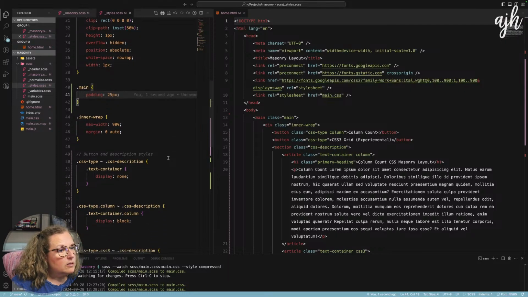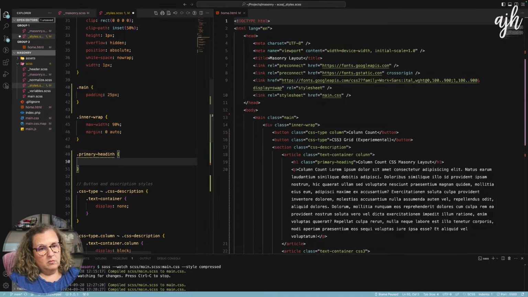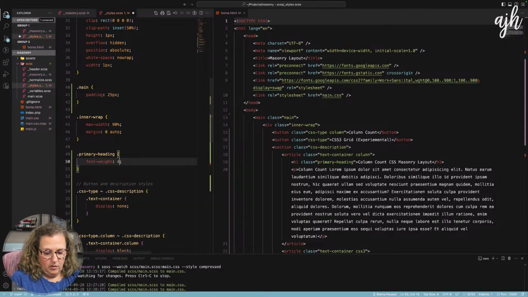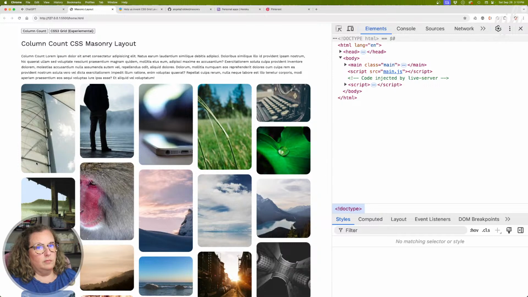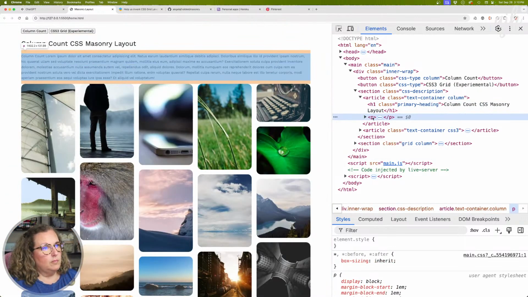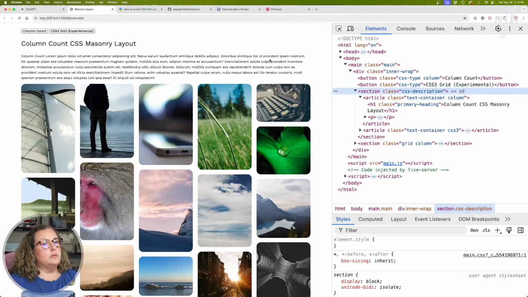And then we'll do some text styles. I think this entire CSS description is too wide. Let's make it about,